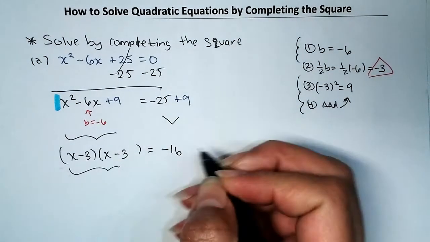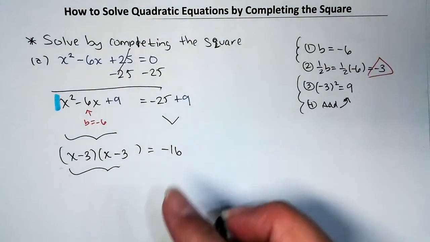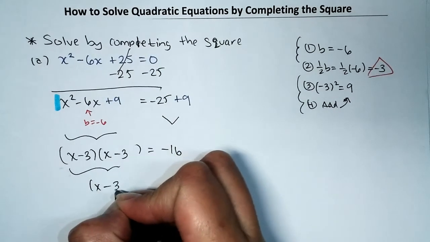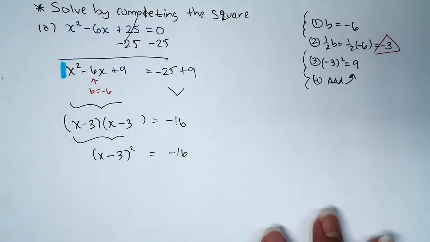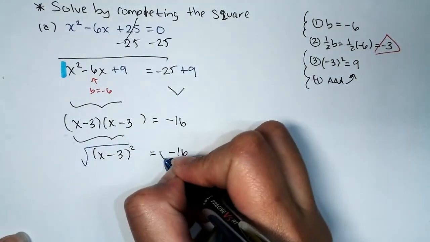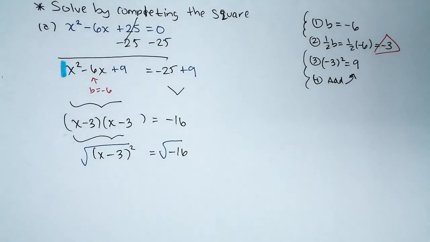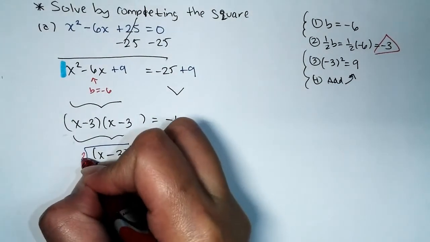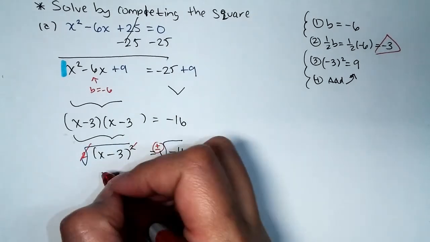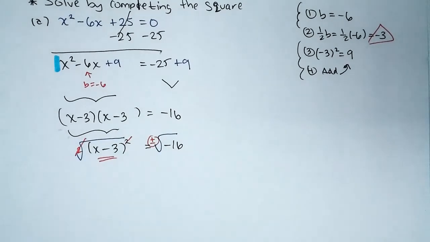We wanted to have a perfect square, hence the complete the square. Okay, so let's go ahead, use exponent for repeated factors so we can then apply the square root property. So to get rid of a square, let's go ahead, square root. And then at this point, we'll add our plus or minus. So on the left side, the square and the square root undo each other, and that will leave us with the former radicand of x minus 3